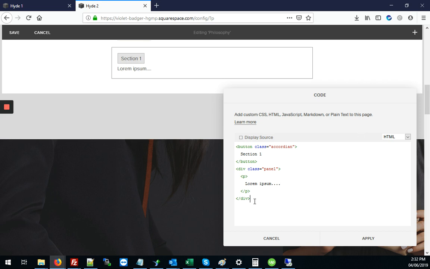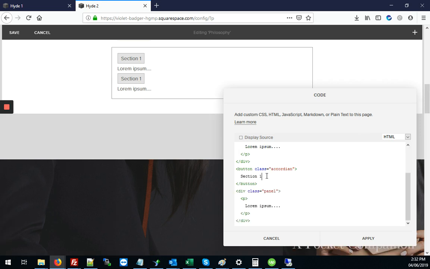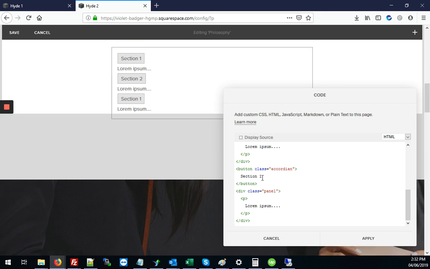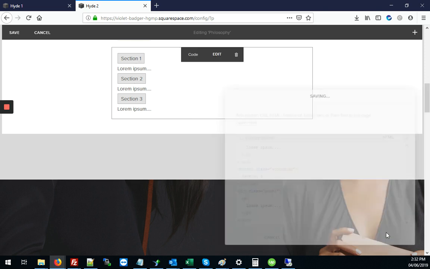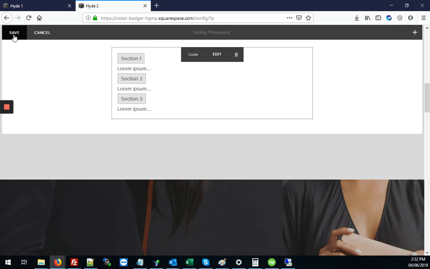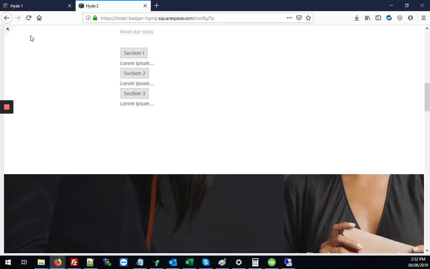And I'm just going to copy and paste this to build the other portions of our accordion. So I just copied and pasted that. So I'm going to call this section 2. I'm going to paste another line in, and this will be our section 3. So here we have section 1, section 2, section 3. So I'm going to hit apply to save those changes to our code block, and also save here on the